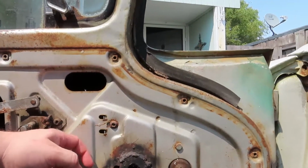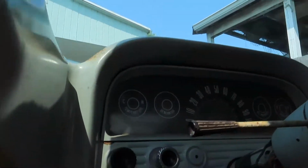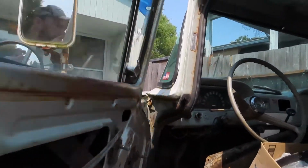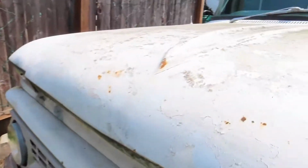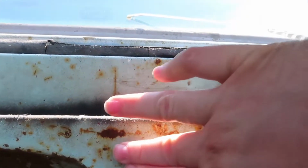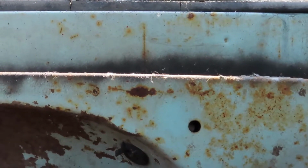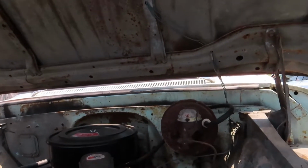So, kind of the same color as my steering wheel. Should have been an off-white or an industrial gray. Little side note here. Wish I knew what the original use of this truck was. Because it was originally a very light, almost a mint green. I don't know if it's showing up very well. Very light green. Not really Forest Service green,